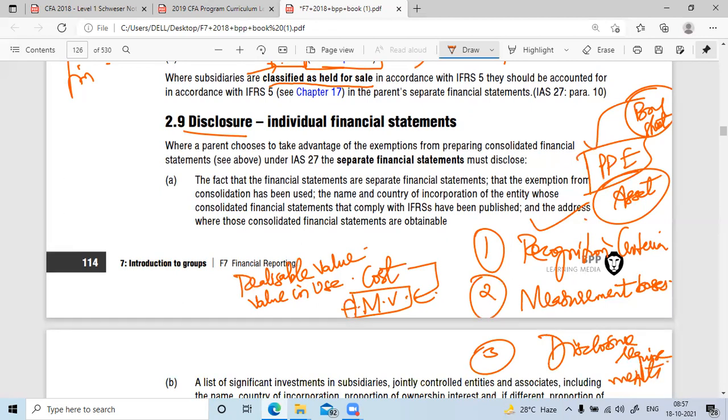So what I mean to say here is how to recognize an asset, how to measure it, and how to disclose, or what to disclose regarding that asset. Disclosure is nothing but what you cannot show on the face of the statement, you have to show in the footnotes. And by footnotes, I mean disclosures. Okay. Now,